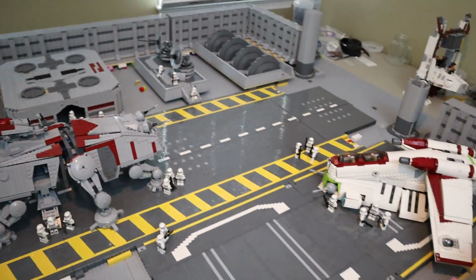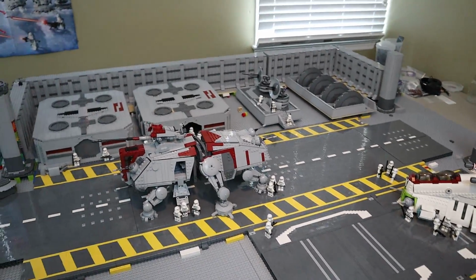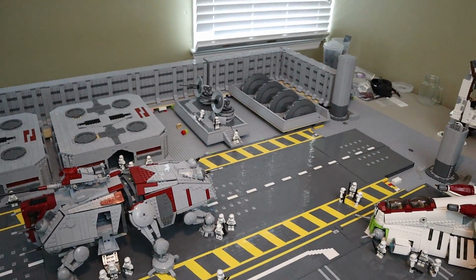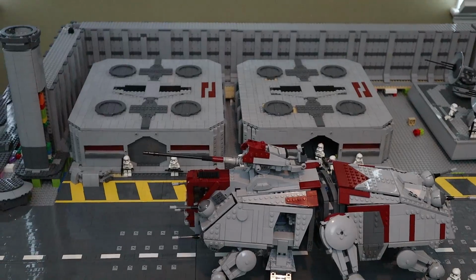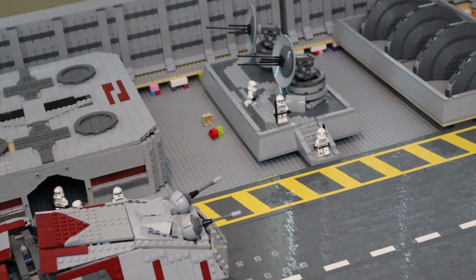The only structure that we are still working on is the medical bay, which should be around right there. So it's really cool to see that entire side of the road done in terms of the larger structures. So it's super nice. I also do plan on spreading out the barrack a little bit because there is a lot of space. There's a lot more space than I thought, because